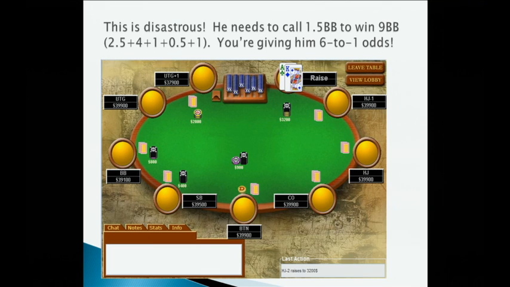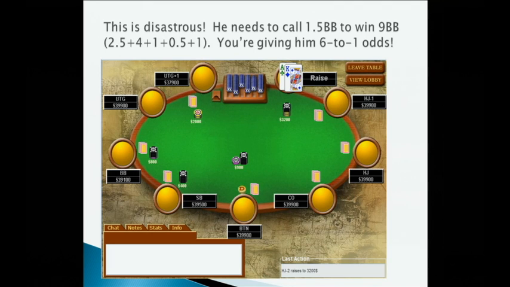This is what you don't want to do. And I see some players doing this, which is fine because I've never really explained this in class. But if someone raises, let's say to 2,000, you don't really want to just click the raise button. This is what would happen if you click the raise button, because he raised 1,200 from 800 to 2,000. So if you click the raise button, this is the minimum amount you can raise. You can raise it to 2,000 plus 1,200.